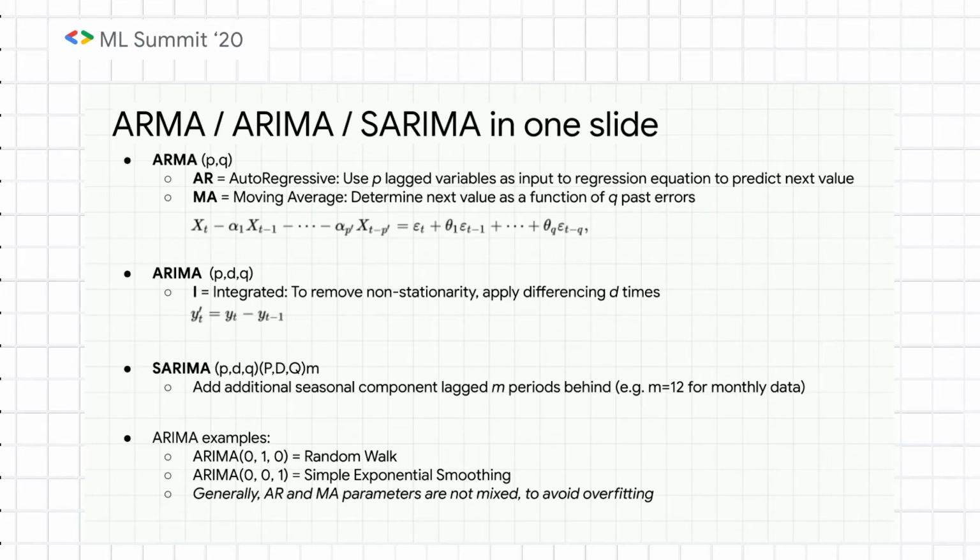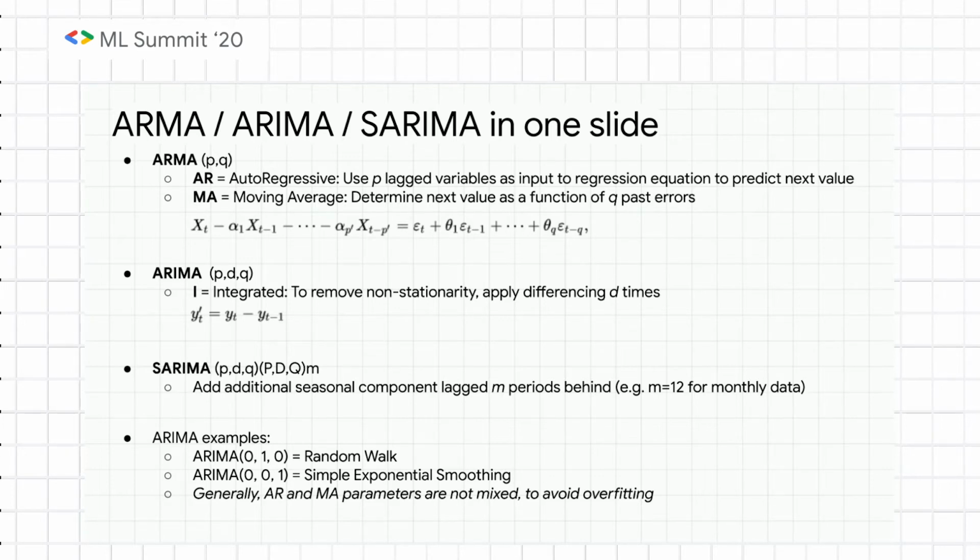And the only difference is it adds one more variable for the differencing. Remember I talked about before where you can subtract one value from the past to kind of make the data more stationary. So you can pass in this parameter D that tells you how many times you want a difference to even out that data. The final thing I want to mention is you might hear of SARIMA or seasonal ARIMA,